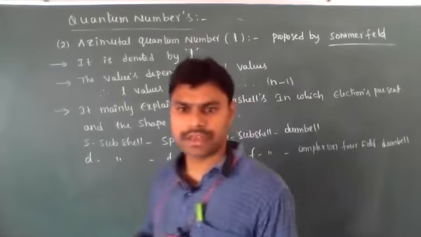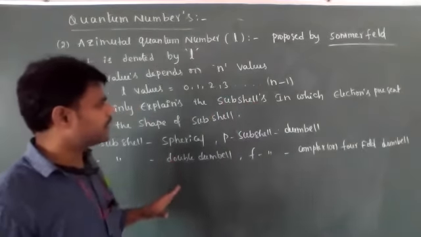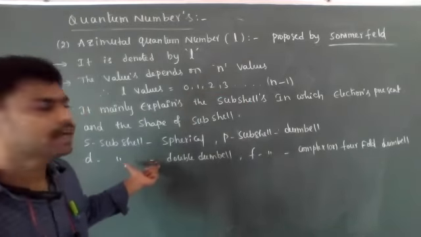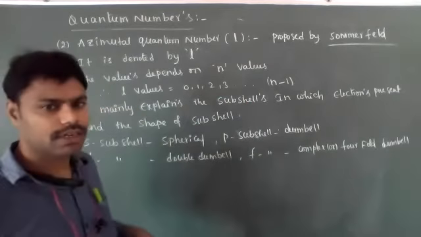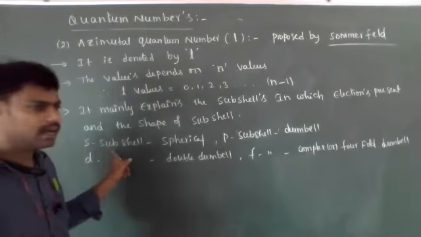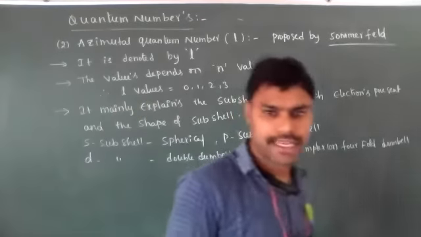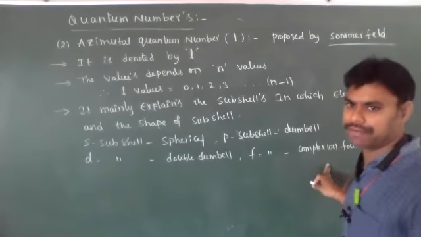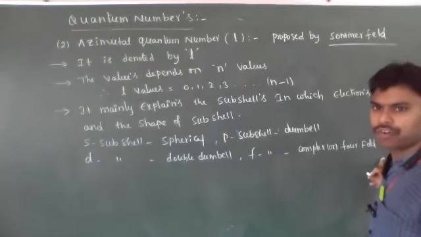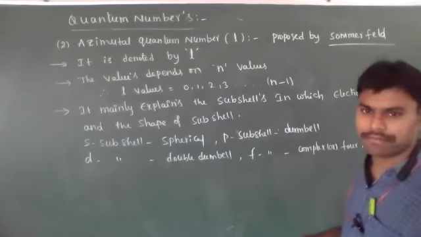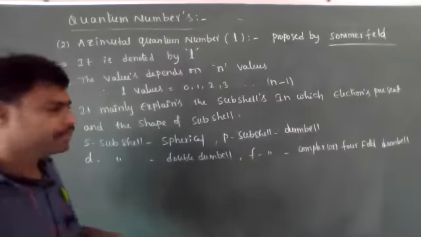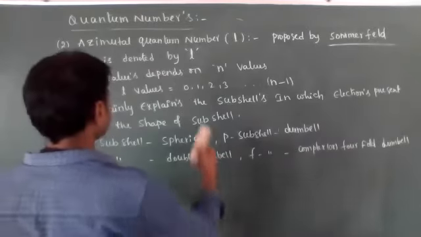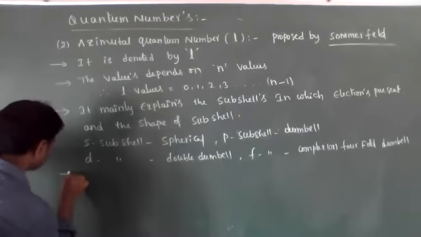Fourfold dumbbell shape. Okay, so mainly it explains the subcells and the subcell shape explained by the azimuthal quantum number. S subcells are S orbitals having spherical shape, P subcells having dumbbell shape, D subcells having double dumbbell shape, and F subcells are having complex shape or fourfold double dumbbell shape. Okay, this is about the shapes of subcells. Let's see, and it also explains